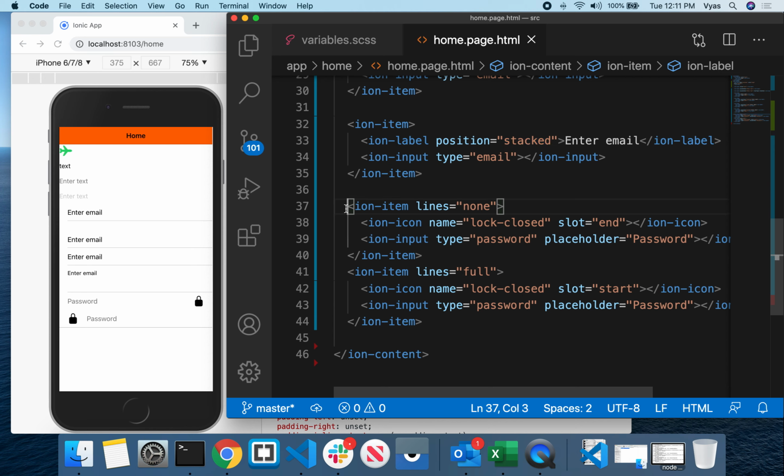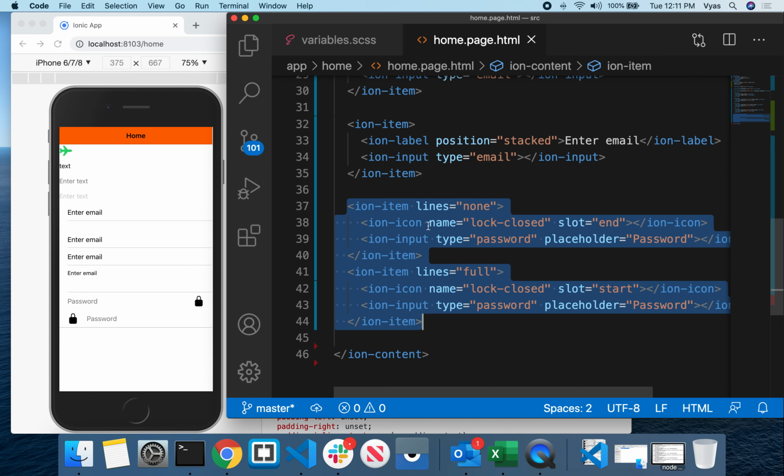Next, when you want to display an icon, you can display it with the ion input. If you want to display the icon on the left side, you can use slot equals to start. If you want to display the same icon on the right side of your input field, you can use slot equals to end. So that is how we display the input fields.